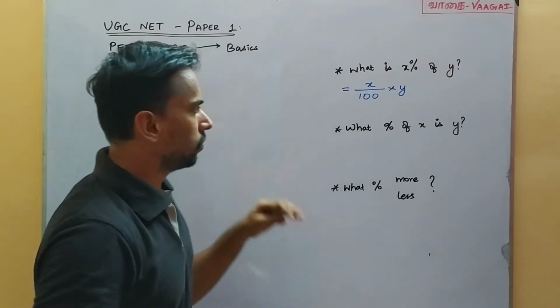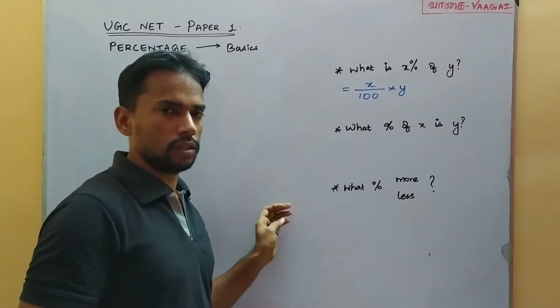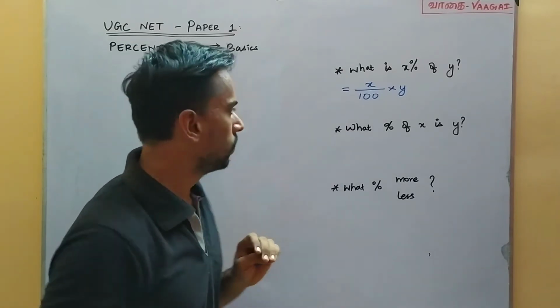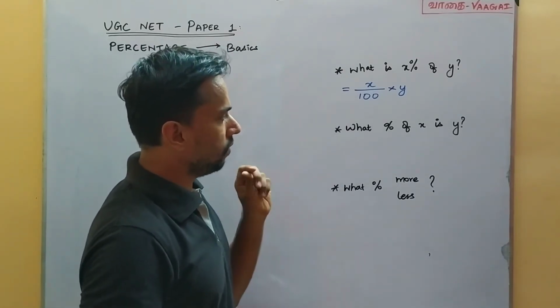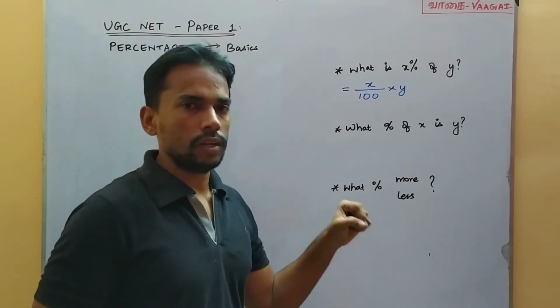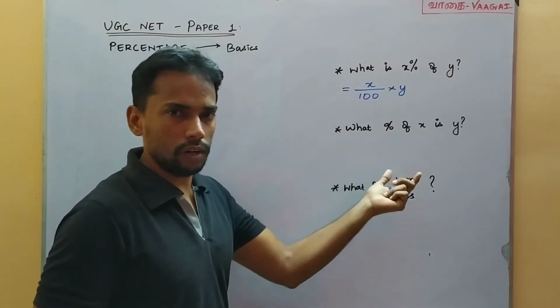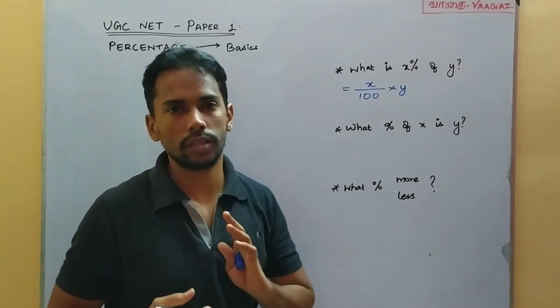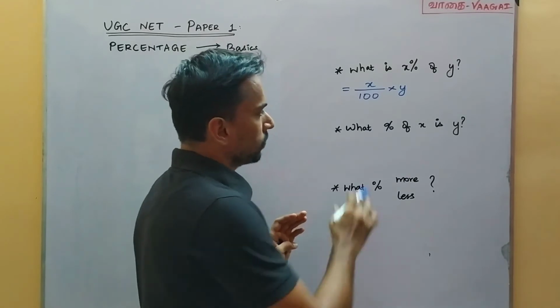Of course, the first two varieties, the examples that we just worked out, they are of this first variety only. Come to the second one. Here we have what percentage of X is Y. See, we must be very careful with the words because the change of words itself will deliver a different meaning. That's the reason. See how the word is formed.